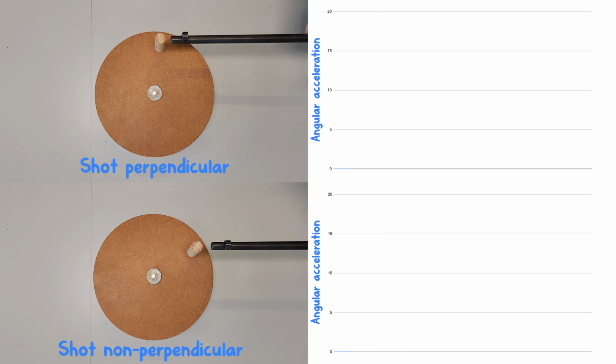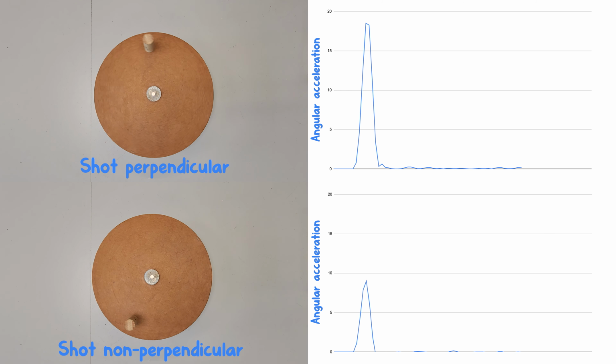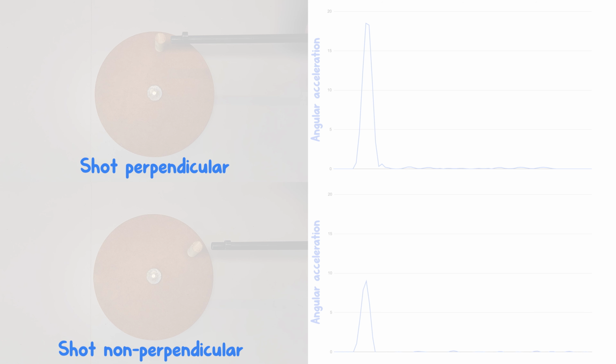Comparing the two, we see the perpendicular shot disc rotating at a much higher angular velocity, having experienced a much higher angular acceleration. This happens because the torque applied to the disc is equal to the radius multiplied by the component of force